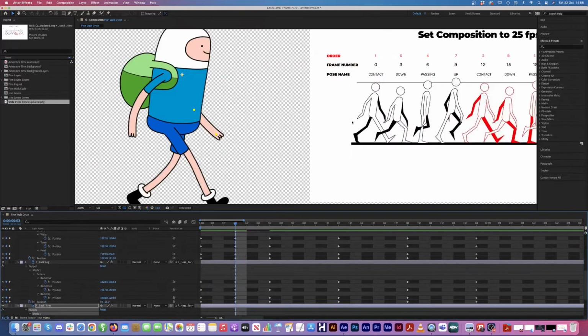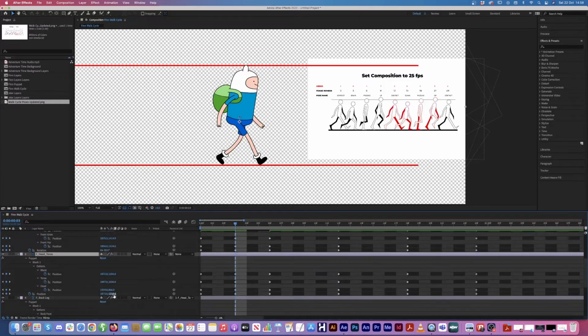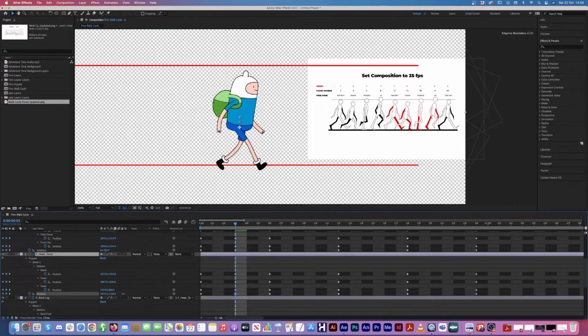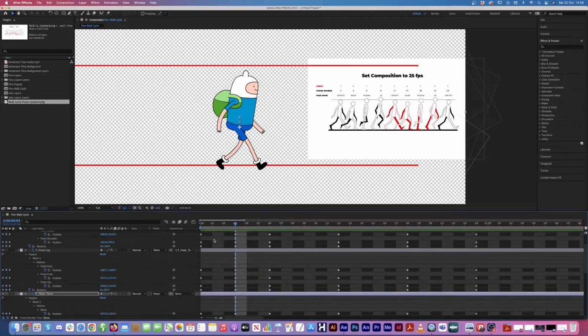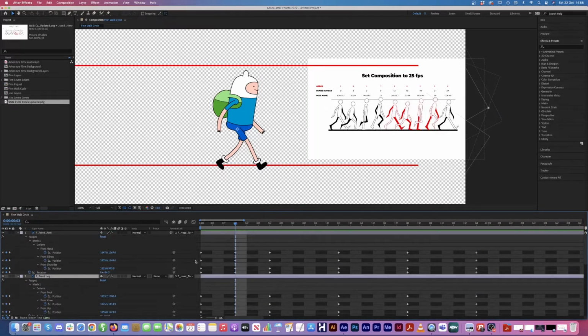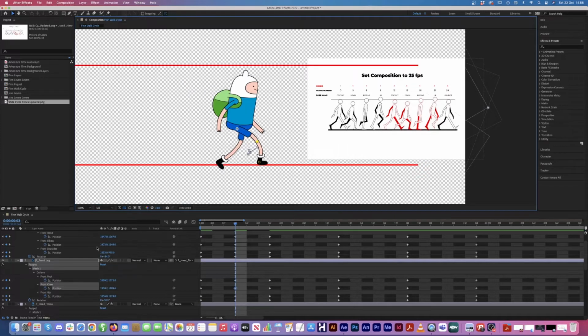Okay, so you can see I've got him in the contact pose. So what we need to do here, first thing I notice on the down position is the head is lower than the line. So we need to go to the head and torso layer, and bring him down a little bit. Okay. Then we need to make sure always that these feet are flush with the foot line. So I'm going to go to the front foot and just bring the knee out a bit, bring that up. Okay, so it's kind of in this position,